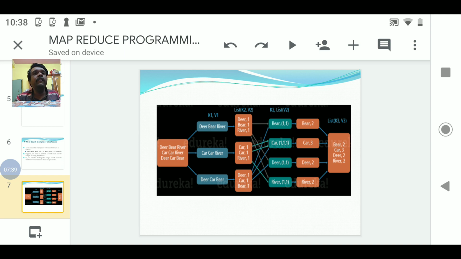So how many files are we going to generate? 3 files. So there will be 3 record readers. Similarly, how many record readers are we having? 3 record readers. Means we are going to have 3 mappers. So that is the reason you can see there are 3 mappers in the third stage.